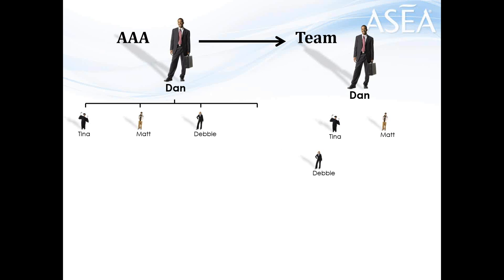Debbie, now on the team structure, you can only have 2 people beneath you. So when Dan signs up Debbie, he has to put Debbie underneath Tina or Matt. Okay, in this case, Debbie's underneath Tina, and the next person here, Teresa, goes on the other side underneath Matt. You want to keep it as balanced as possible, okay, because you get 5% of everything up until where it's